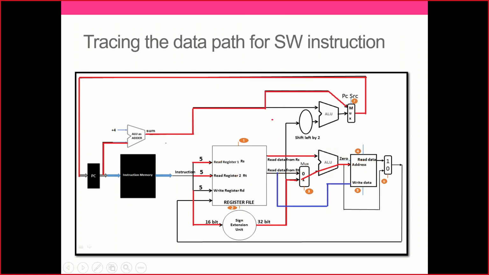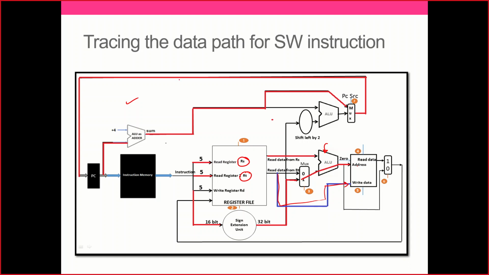Now is it clear? Is it clear now, all of you? I make the address calculation with RS and the offset through the ALU. I get the content to be written into the address through this signal. I'm going to send it here, and that's all I write. And this path remains the same. There is no change. So store word is all done. It's easy.